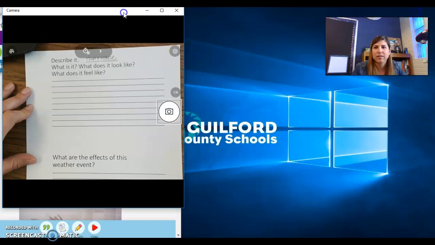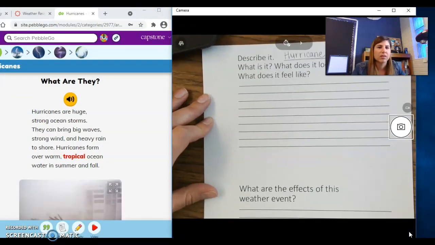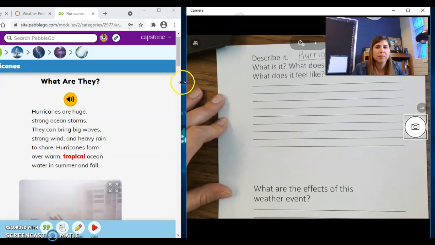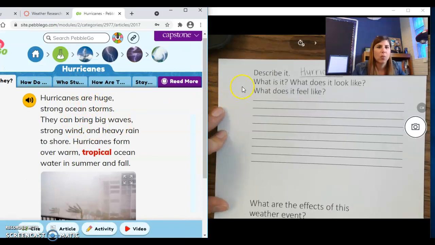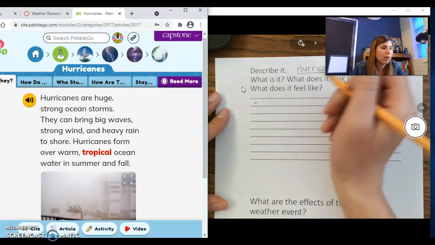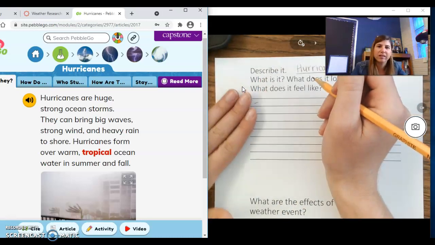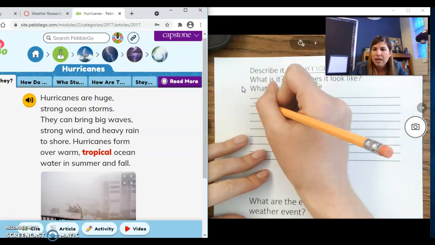Let's see if I can get this to share the screen. I'm reading to learn, and then I'm going to answer on my notes page here. And you are going to do the same in just a minute on your own. So for what is it, I'm going to say, and notice I'm going to use just bullet points or notes. I don't have to write complete sentences because this is just where I'm collecting my information. So I'm going to say, it is a